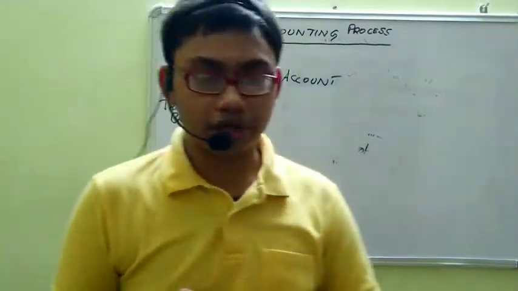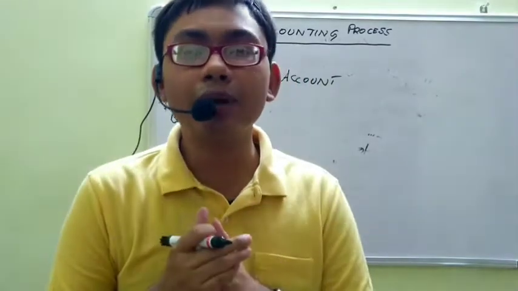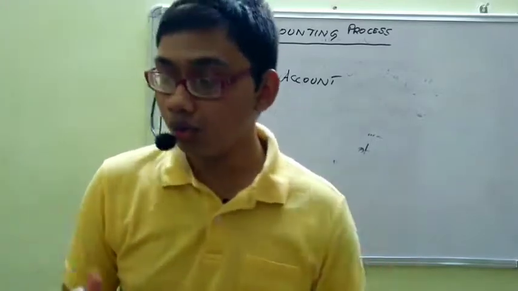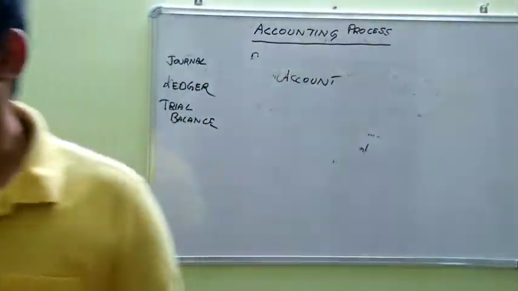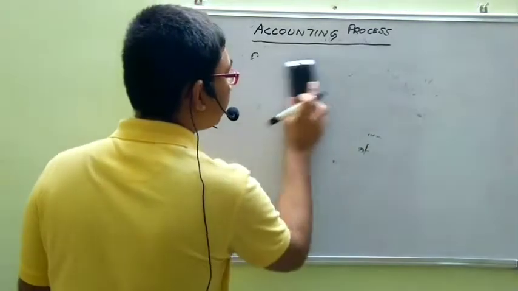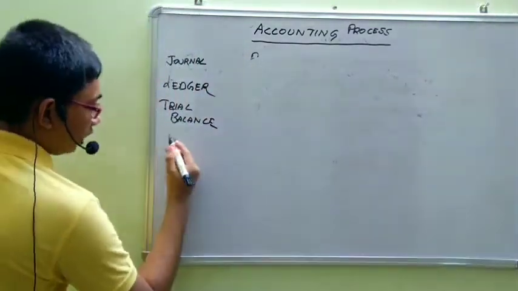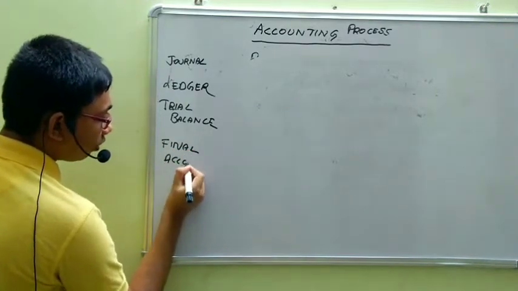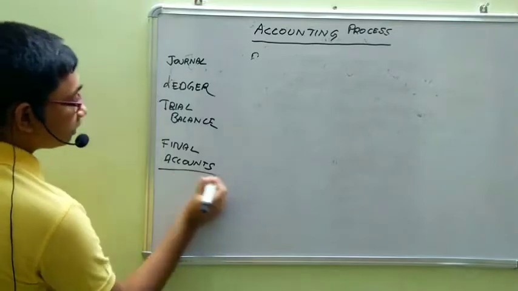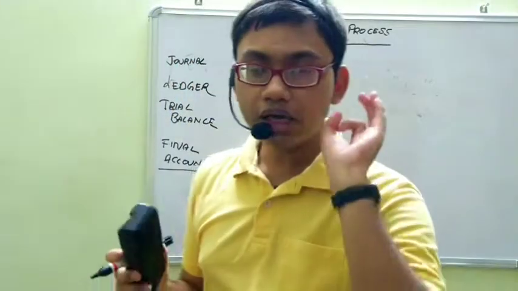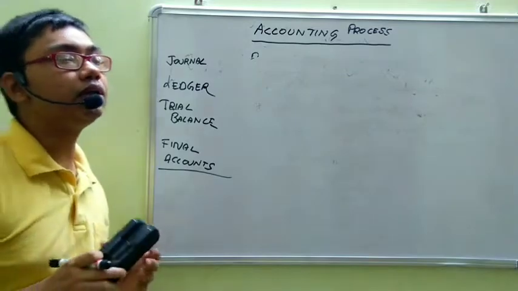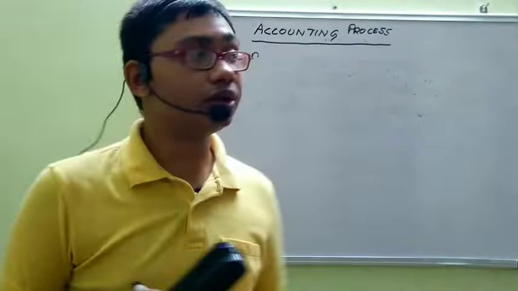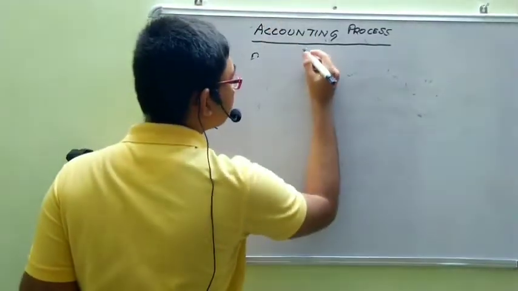What do we do after the trial balance? This is not enough for us. Why are we preparing accounts first of all? To know the profit and loss, to know the financial position. And how are we going to prepare it? We are going to prepare a thing called final accounts. Final accounts, not account. The S is important. The final accounts have three parts. It is not basically an account or balancing item. It has three parts. It is a presentation oriented item. The first part is the trading account.